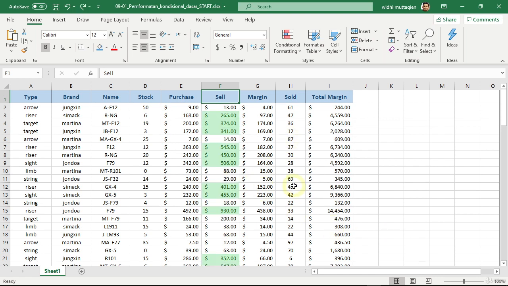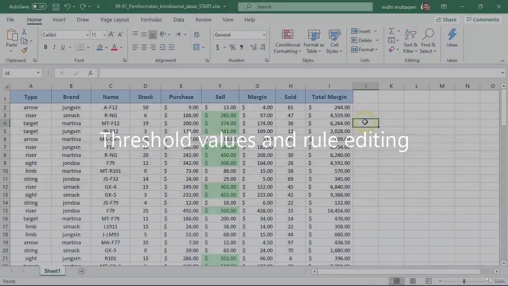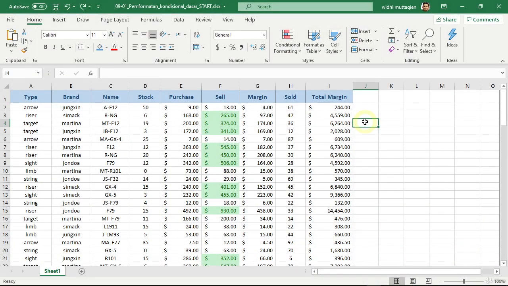I am undoing now, so we have the conditional formatting back. Next, we want to discuss how to set the threshold value. Because we previously chose the greater than rule and used the number 200, an exact value of 200, like this for example, will be ignored. Suppose you want this number 200 to be highlighted also, then you should enter a threshold value of slightly below 200, for example, $199. That is one way to do it.